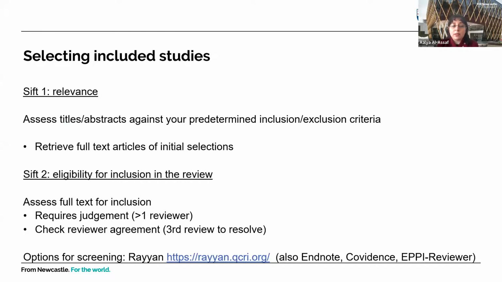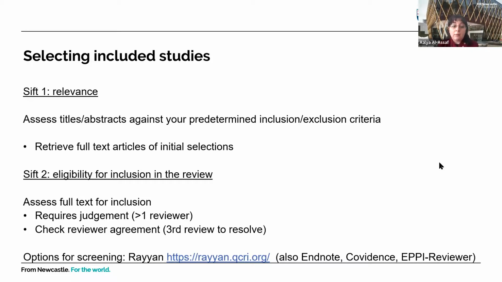Okay, so study selection. After you've done your literature search, you will have a number of studies that were retrieved from the literature search. So you will now need to do the first round of sifting, in which you will screen the title and abstract of the retrieved articles against your predetermined eligibility criteria, the inclusion and exclusion criteria.